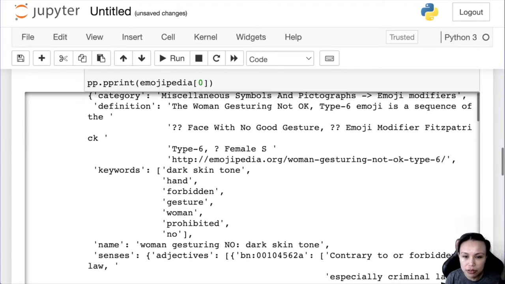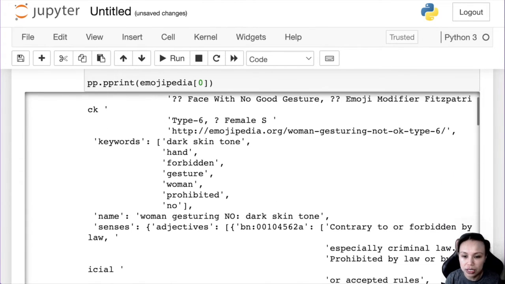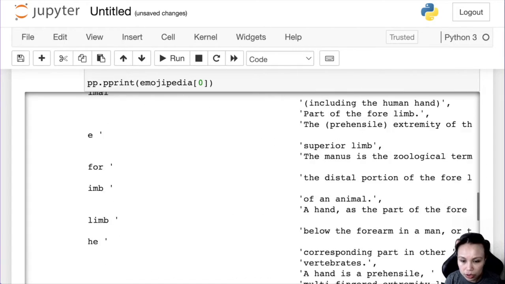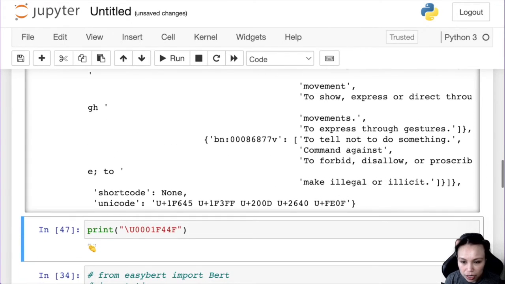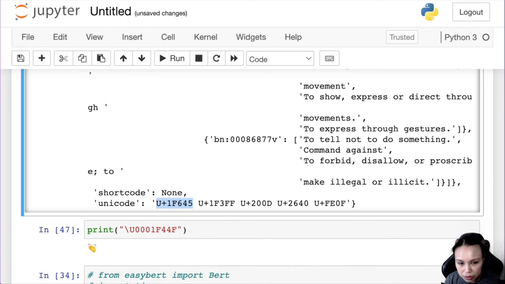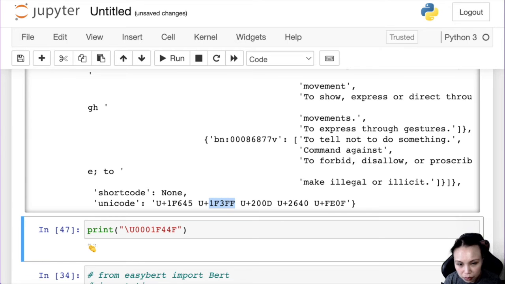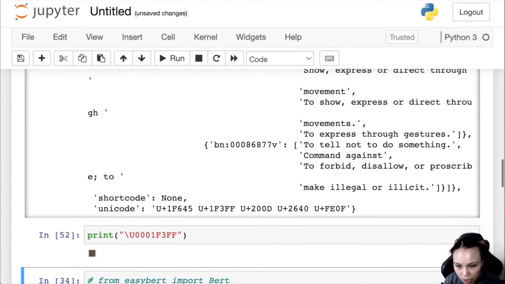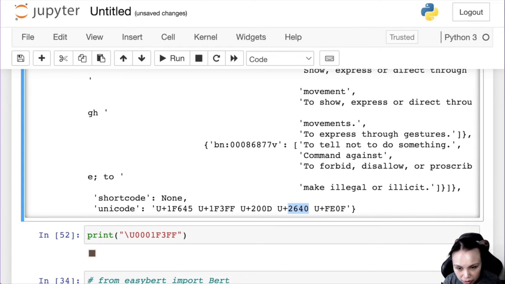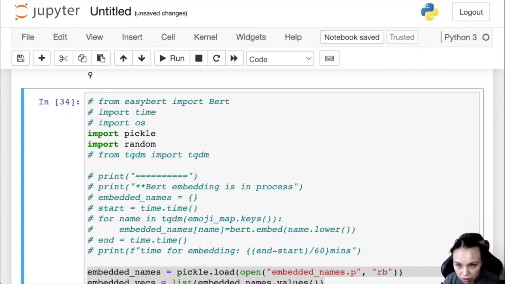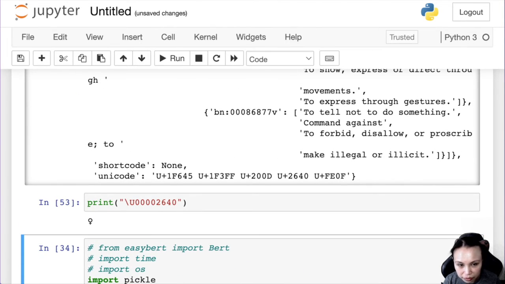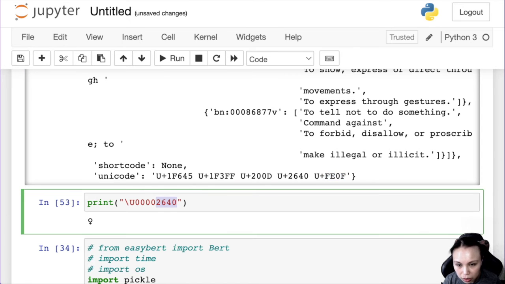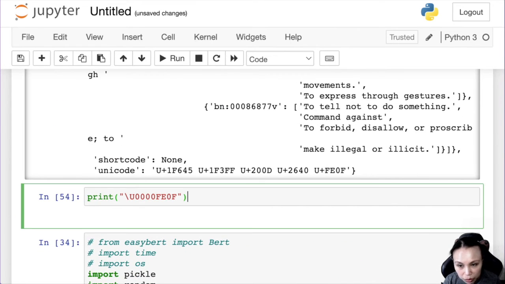And then the keyword. So we don't need all of these. We only need the keyword and the code, which is the emoji itself. So the code, the Unicode. I think I would just scrape the first one because the rest are the modifiers. Because you can see here, if I print this one out, it's just the skin tone modifier here, and I don't know what these are, and I think this is just like a gender modifier here, and then this one is, I don't even know what it is.